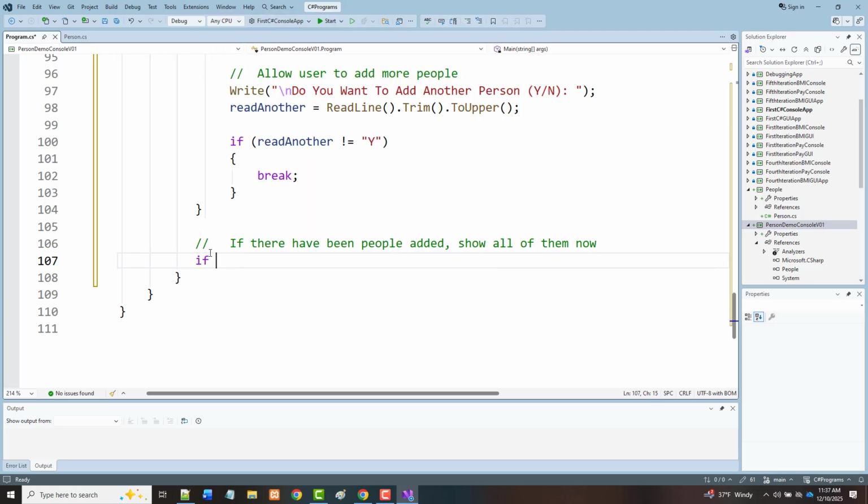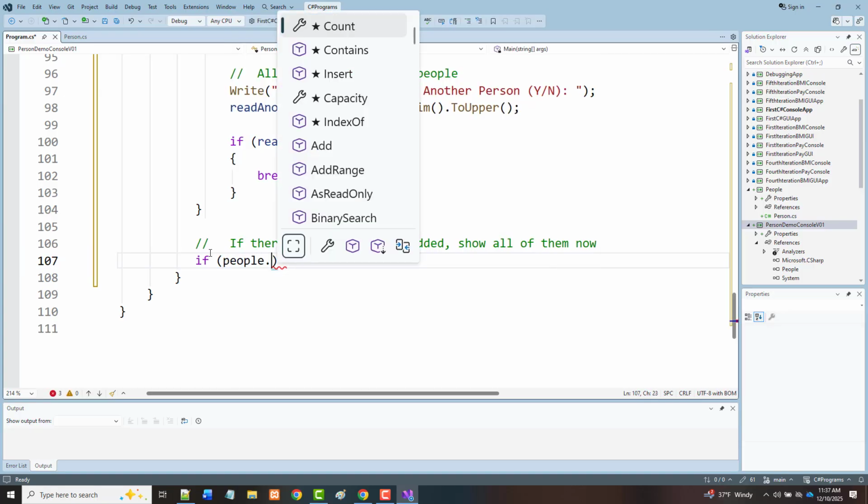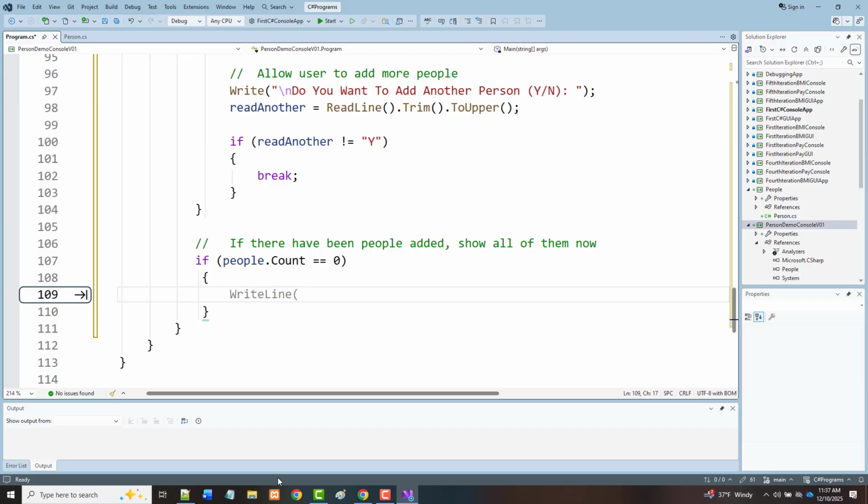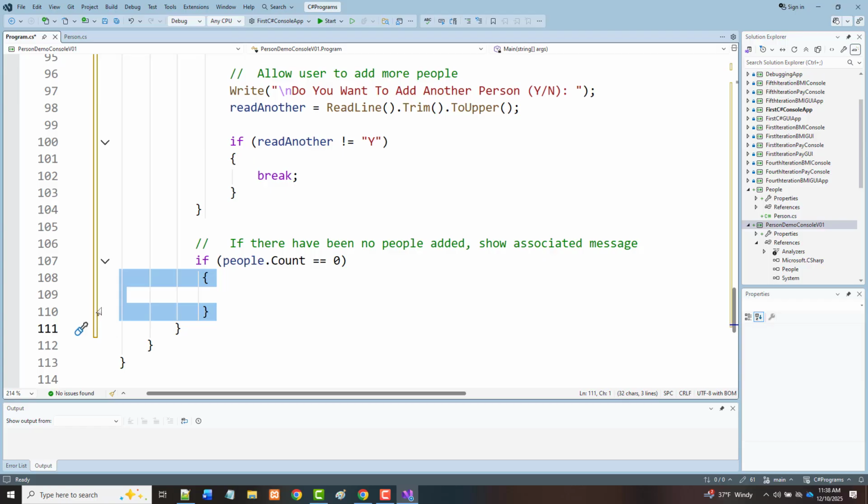So if people.count equals 0, if there have been no people added, show associated message. So if the people count is 0,